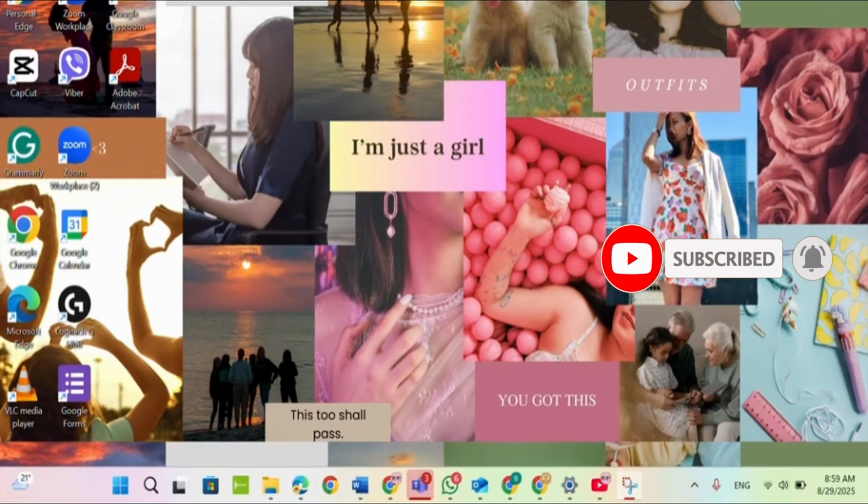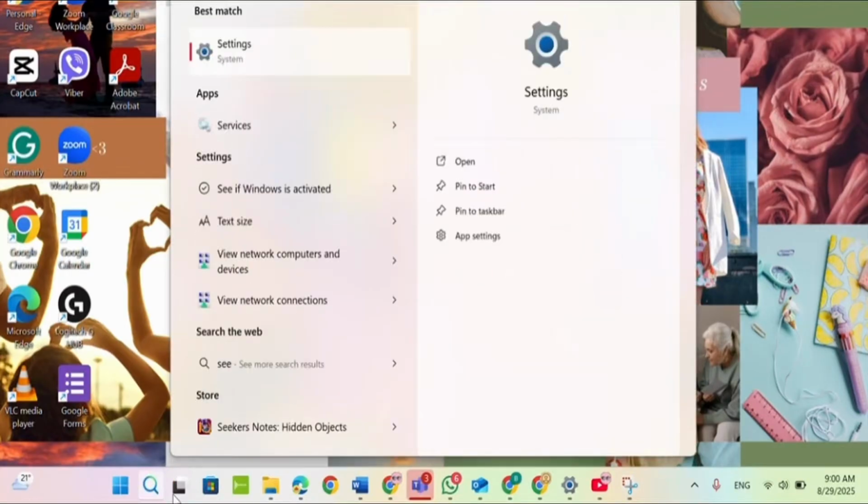So today I'm going to show you how you can easily use voice access on your Windows 11. For that, you'll need to go to the settings. So open up the settings